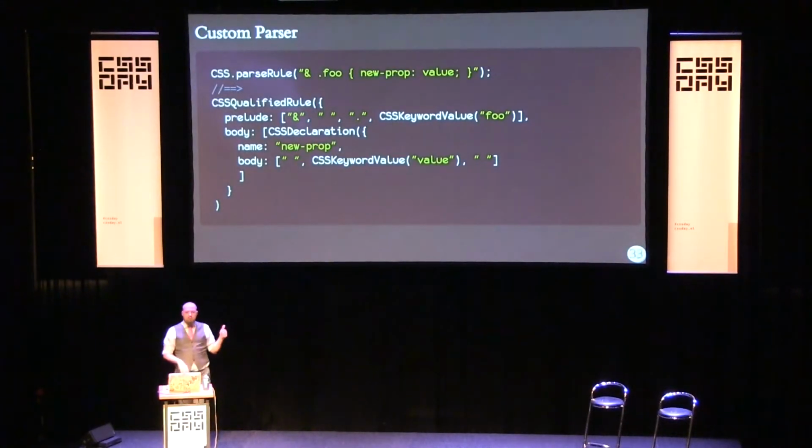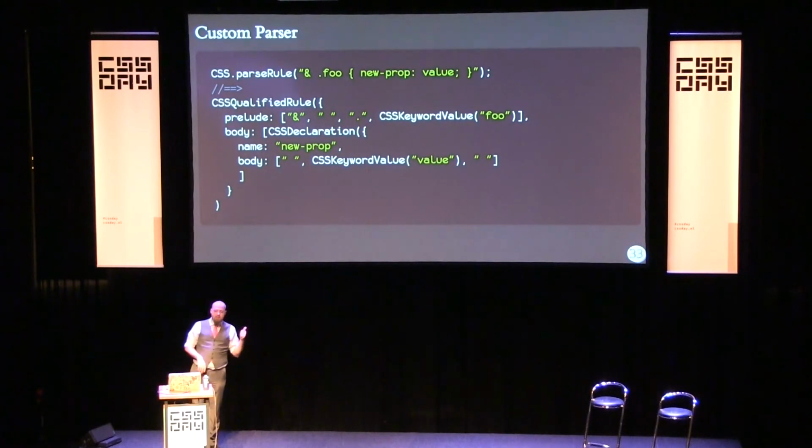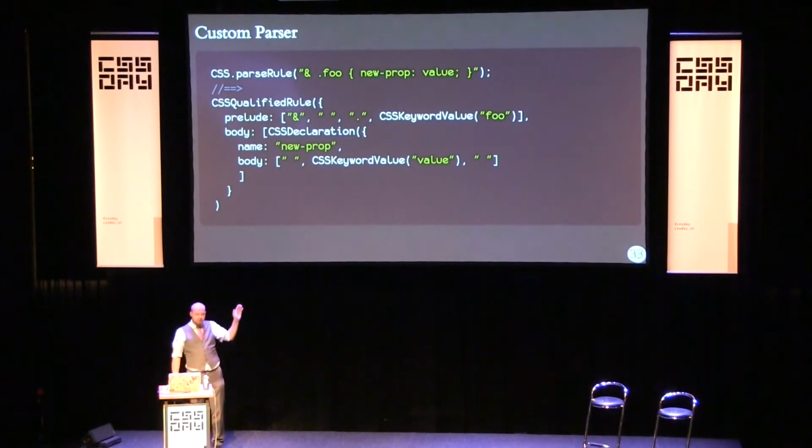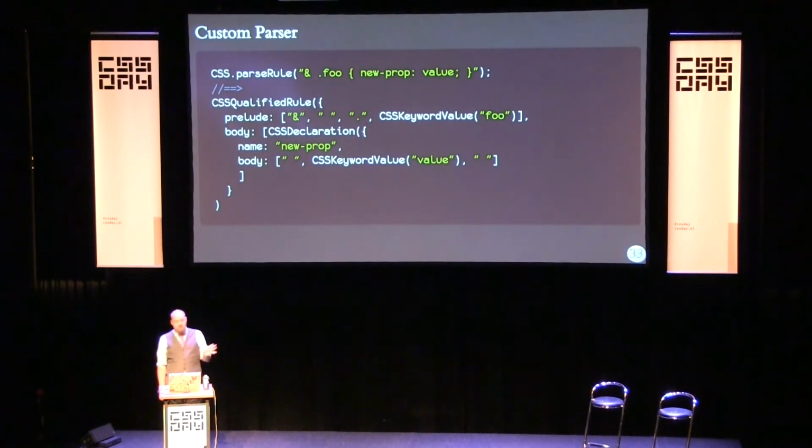One example of the plain parser APIs are the ability to parse arbitrary CSS constructs. This one, for example, if I want to just parse an arbitrary rule, I call css.parseRule, pass it a string I want it to parse for me. It'll return a promise because in case this is large, we want to be able to make sure it's nice and responsive. But when the promise resolves, the inside of it will contain a CSS qualified rule object. The prelude will be parsed as much as we can get, an ampersand, a space, a dot, and then a foo keyword. You can reassemble that into a selector as you will, because it might be something else.